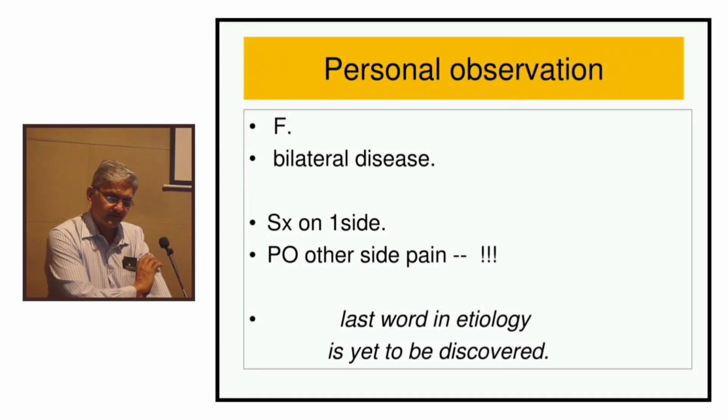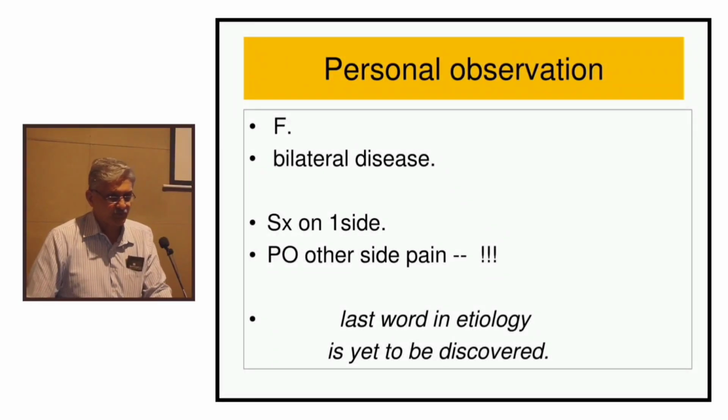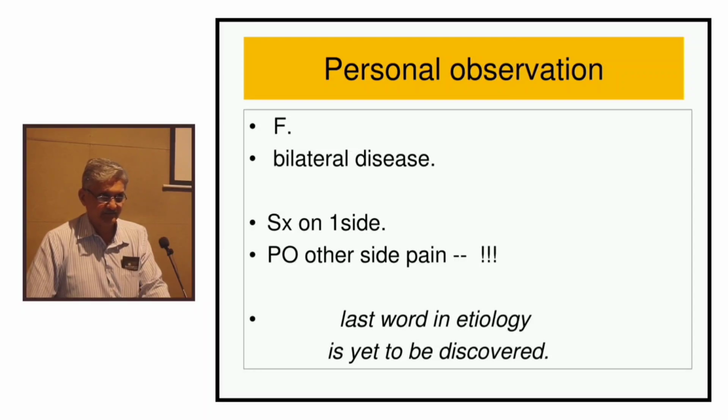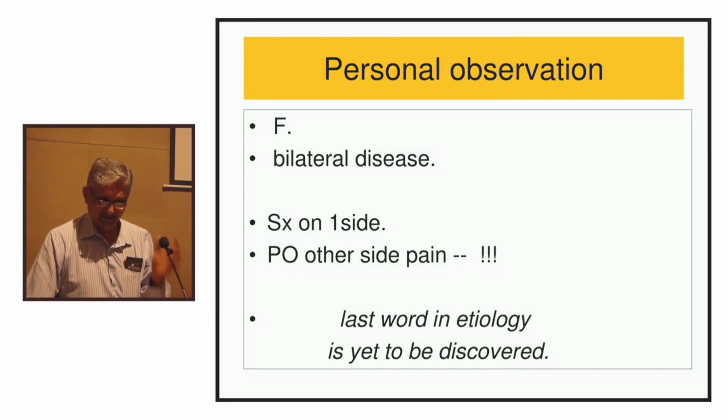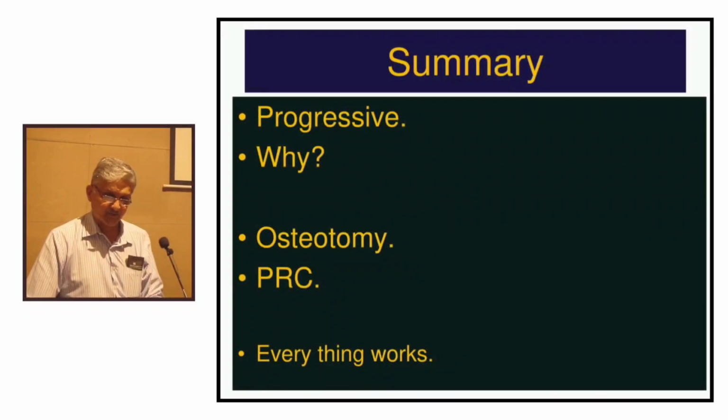What I have observed, we had a patient with Kienbock on both sides, and we operated on one side. Surprisingly, the pain on the other side disappeared. So the last word on the etiology is yet to be discovered. Hopefully in our generation, hopefully in our professional career. This is an interesting observation, and the patient was an NRI, so we lost long-term follow-up, but operating on one side made the pain disappear on the other side. We still don't know why it is progressing,